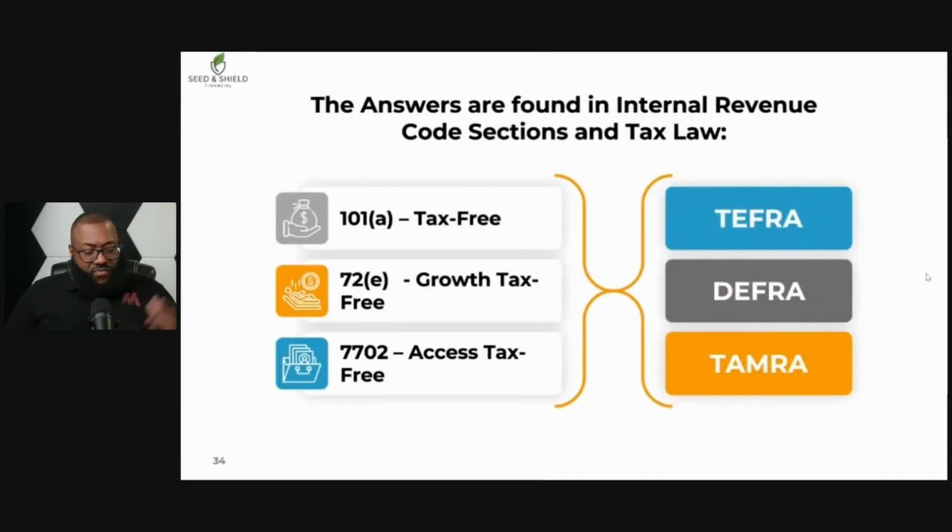So we talked about, again, the IRS tax code, TEFRA, DEFRA, and TAMRA, which are all related here. People say, well, how does this happen? This is too good to be true. It's not too good to be true. Again, it's been decades since this has been going on. The problem is that many people don't know about it. It's really right there in plain language for people to embrace it and jump on the bandwagon, right?